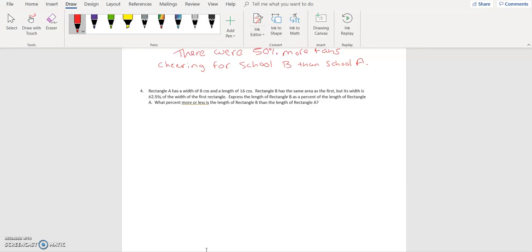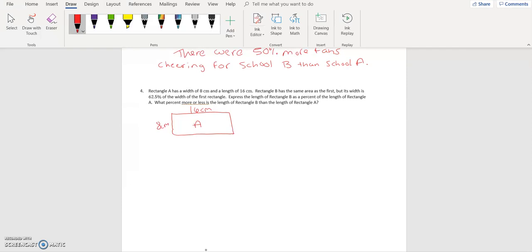Okay, so the very first thing that I want to do is get an idea of what this is asking me. So first of all, I'm going to draw rectangle A. It said width was 8 centimeters and the length was 16 centimeters. And so this is rectangle A. Rectangle B has the same area, so when I do area equals length times width, I'm going to get the same number,